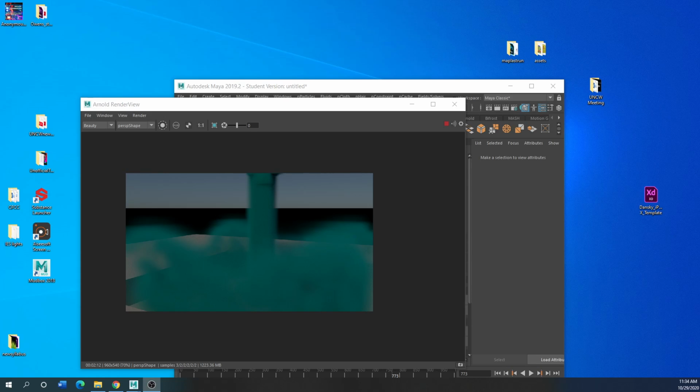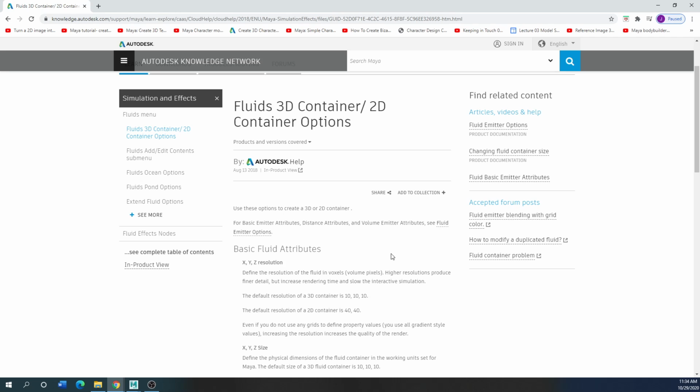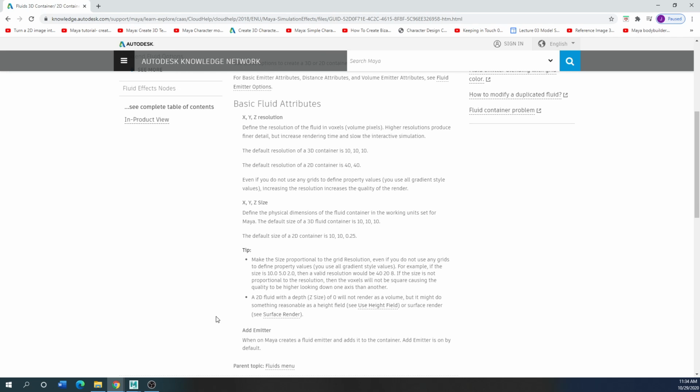Hey, so I want to talk about something real quick that can be fun to play with, especially if you're building your scene. We talked about the AI fog, which is really my go-to when it comes to creating environmental fog. But sometimes you want a puff of smoke, something real small. You can create really quick fog, like a fog emitter, to adjust the viscosity and the resolution of maybe